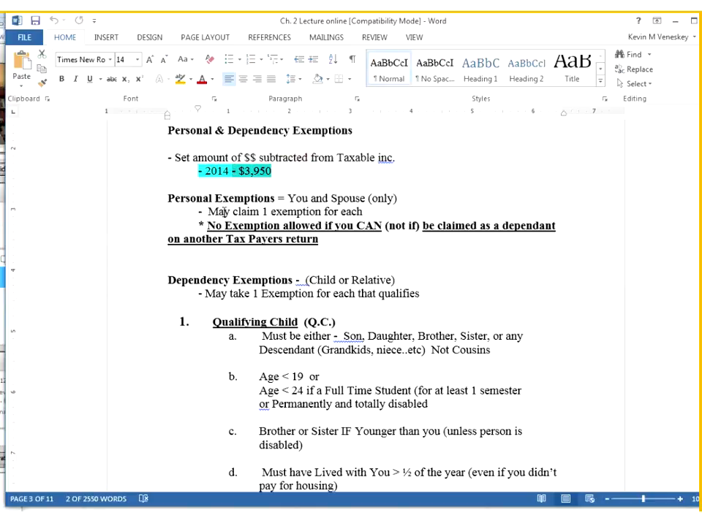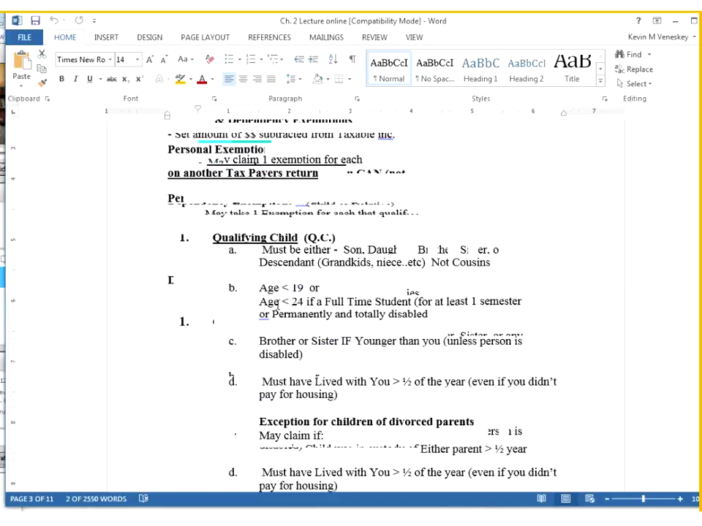Personal exemptions and dependent exemptions. Personal exemptions are for just you and your spouse. That's it. And you can see that on the 1040. The top two, I don't know if it specifically says personal or not, but the top two are for yourself and your spouse. And then you get to claim